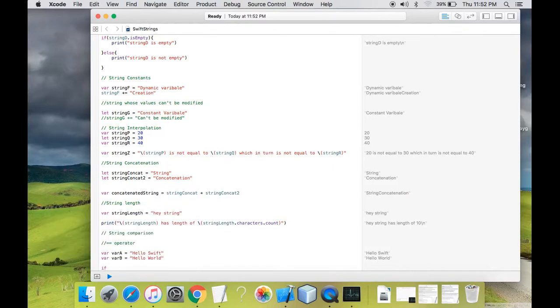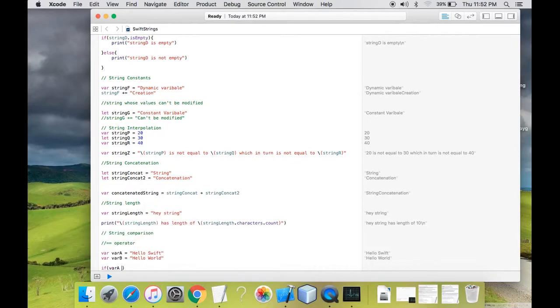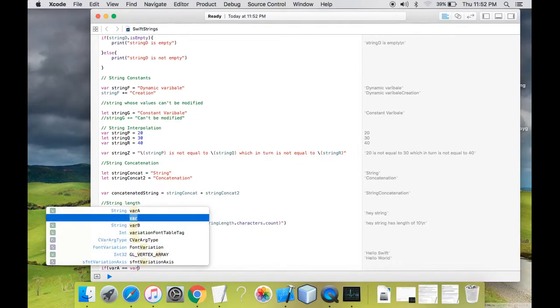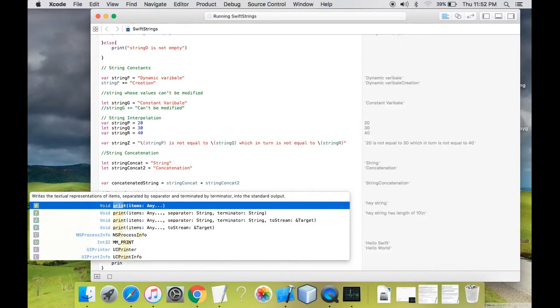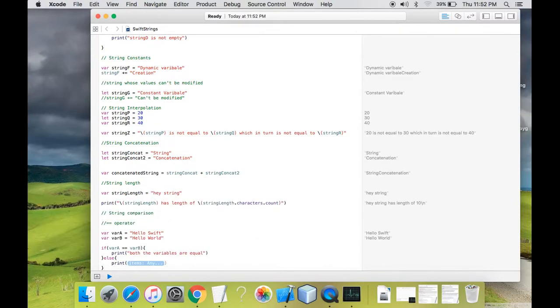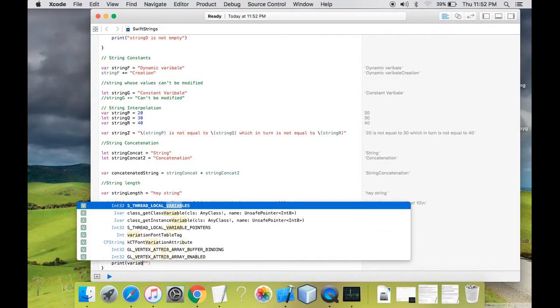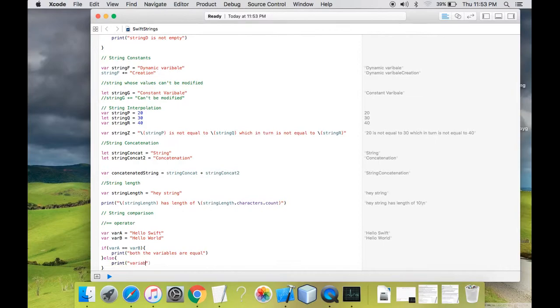So I'll check if my first variable, var a, equals var b, then print both the variables are equal, else print variables are not equal.